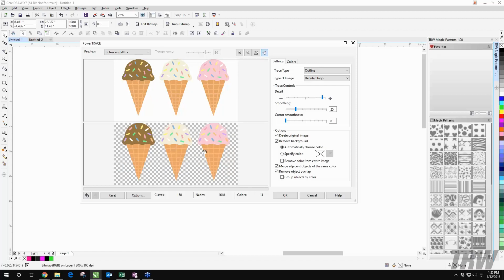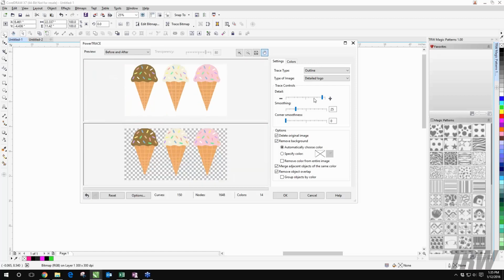So I see some options that we can go through in here. This is our detail. If I bring the detail way down, I'll show you guys what we get. We get a super simple outline of what we had. Usually we don't want that. Usually we want higher detail. If I bring it in the middle, it'll give us some, but you can see the bottom of the cones are messed up. I think we're even missing some sprinkles, and we never want to be missing our sprinkles. So we'll increase the detail